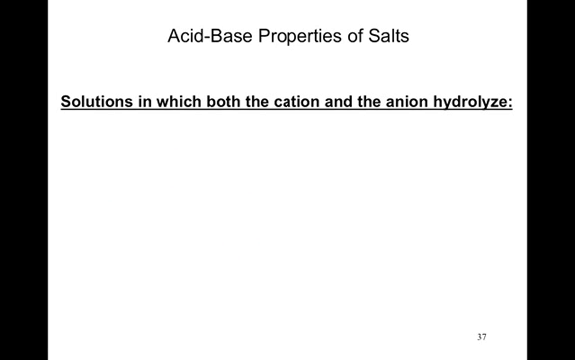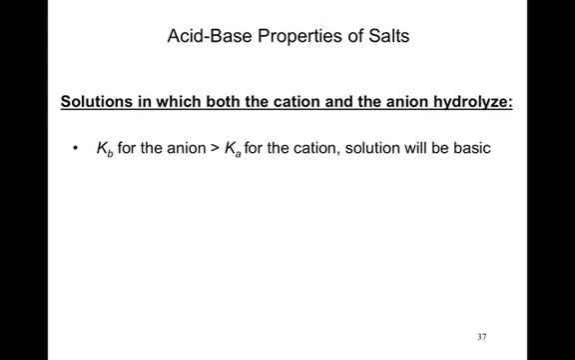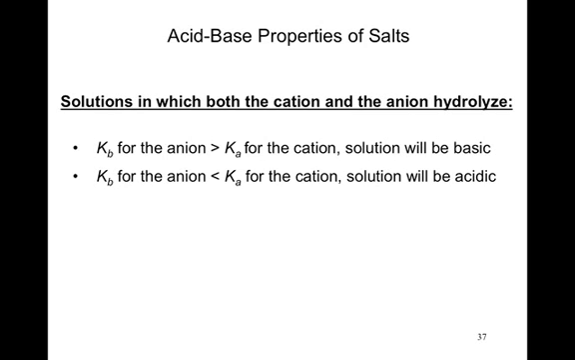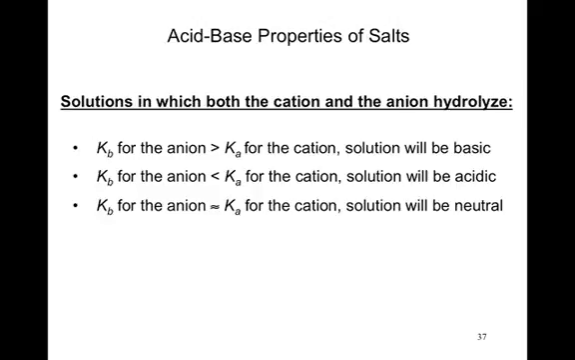So, what if both our cation and our anion will hydrolyze in water? That can get a little bit tricky. What you'll do is you want to find the Ka for your acid and the Kb for your base. If the Kb is bigger than Ka, it's going to be basic. If the Kb is smaller than Ka, it'll be acidic. And if they're about equal to each other, well, our solution